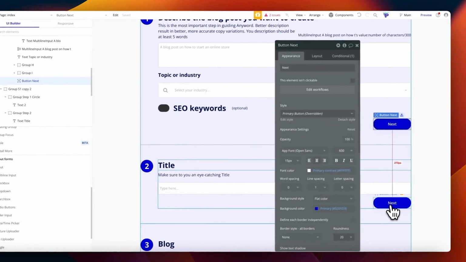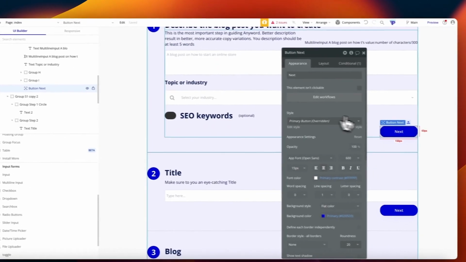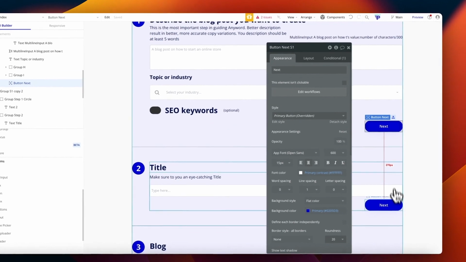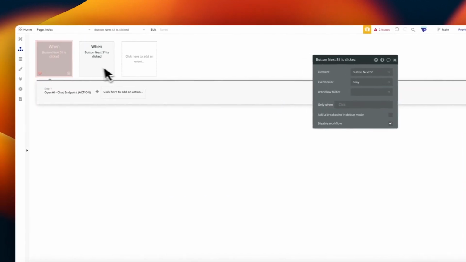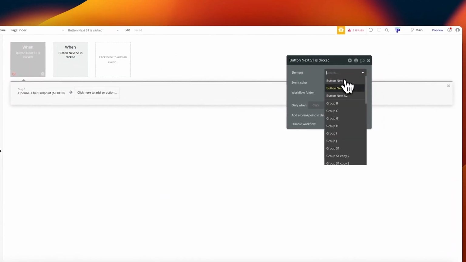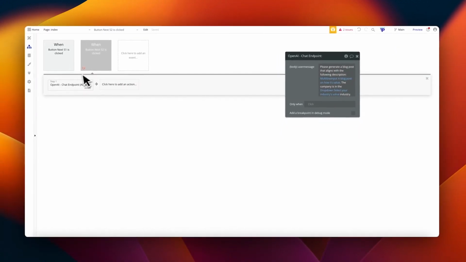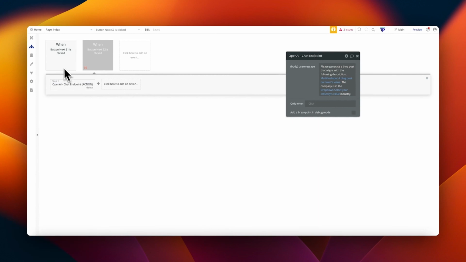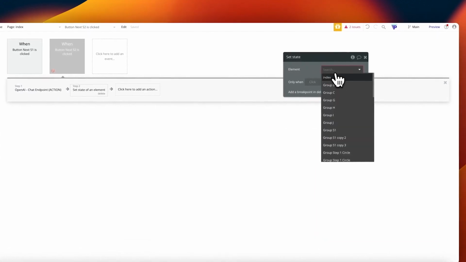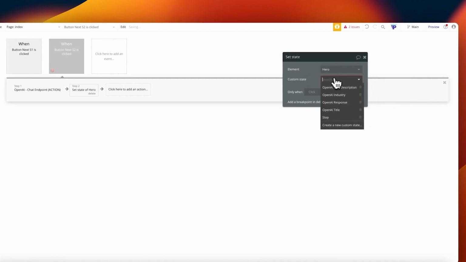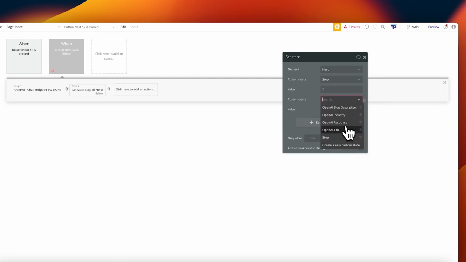Now, instead of this, I'm going to call this button next S1. I'm going to call this button next S2. We're going to generate the OpenAI response actually on button next S2. So I'm going to change this, and I'm going to send the OpenAI chat endpoint on the button S2 press. I'm also going to set the state of an element, hero. This step's going to be step 3, and the OpenAI